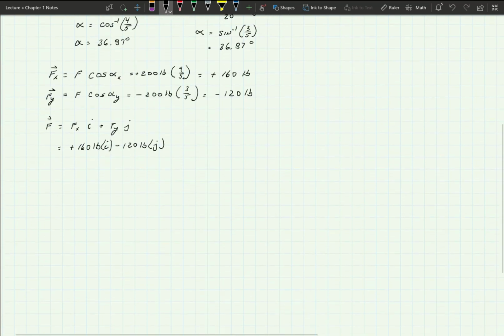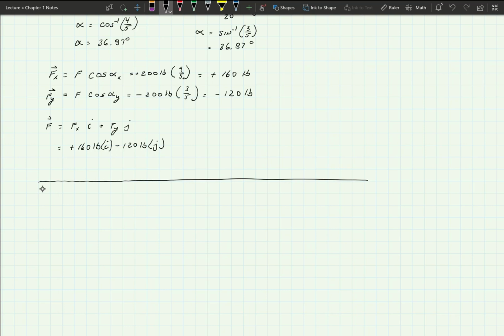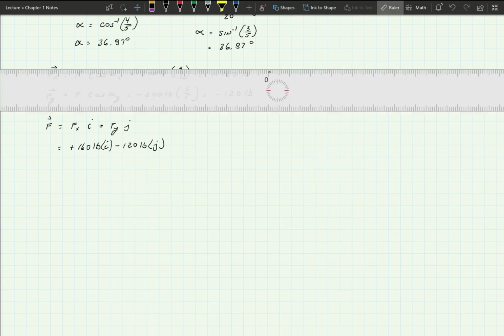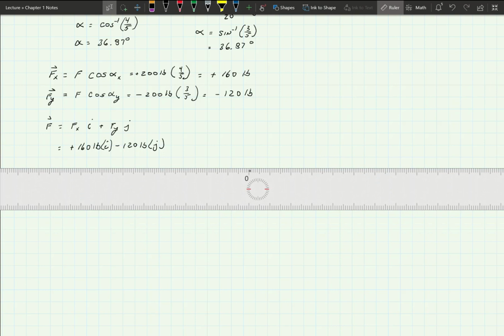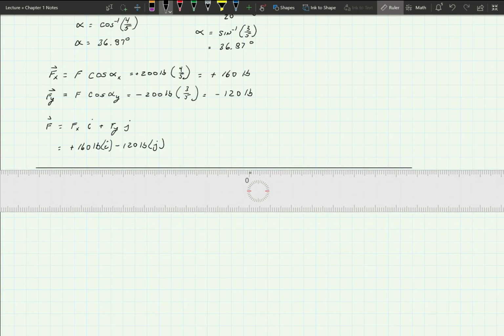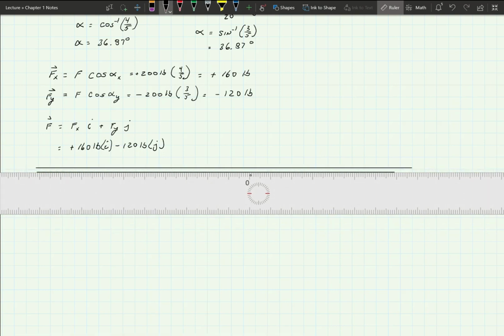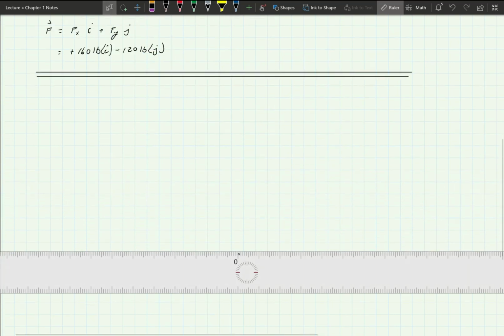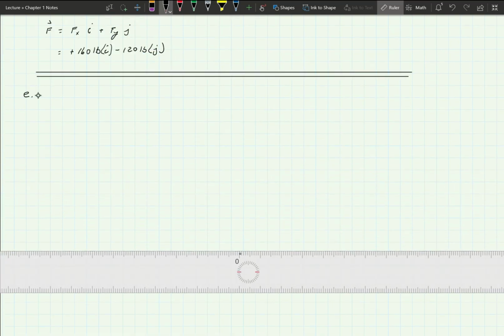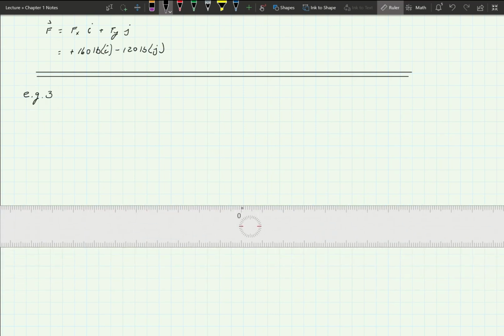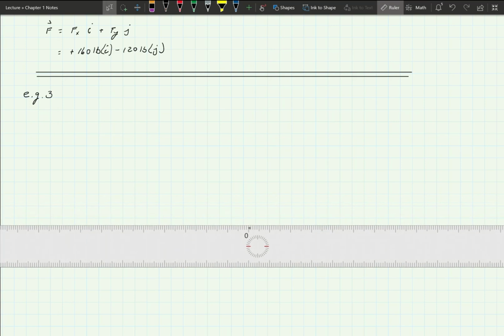Okay, so let's try a different one, and let's see if we can find a whole lot more about things from a different point of view. And you know what? I got to get the ruler out anyways, I might as well use it to my advantage. I think this is example 3. I don't think I labeled the last one, but it is what it is. Okay, and this one is